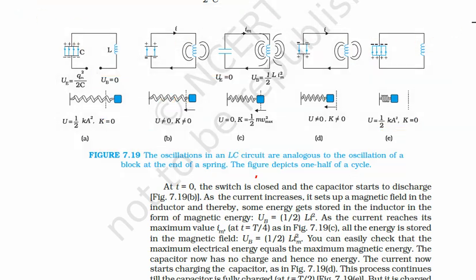If we compare it with the mechanical oscillator, it was stretched towards this side, it starts traveling to the mean position, then to the other side, towards the mean position, and this is the maximum compression. Now it will start coming out again: mean position, then out, and this is the maximum out. So 4 steps are still not done. After those 4 steps, the capacitor will come to its initial position. In this way, oscillations happen in this LC circuit.